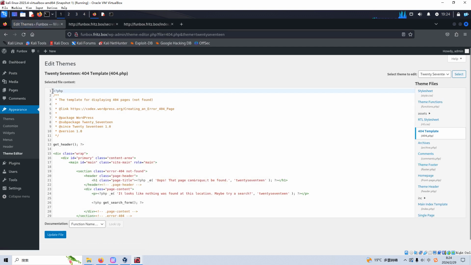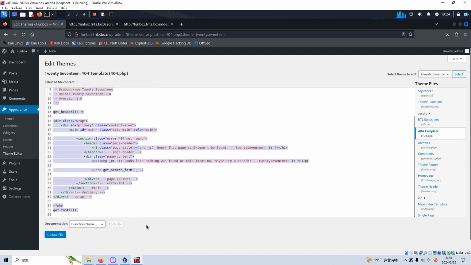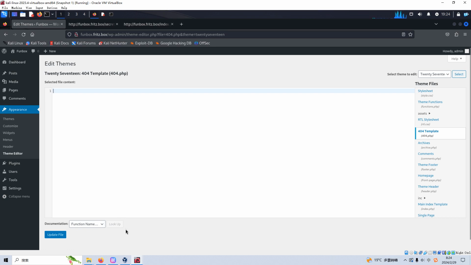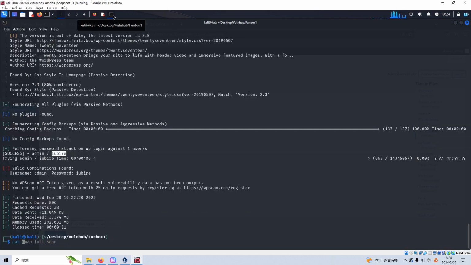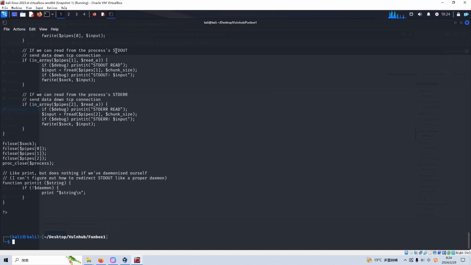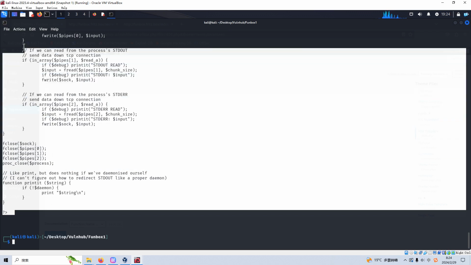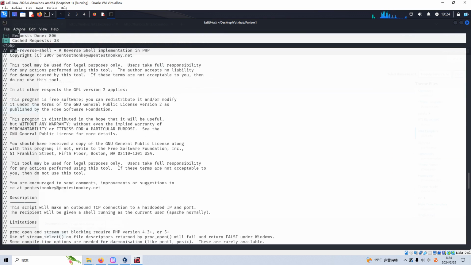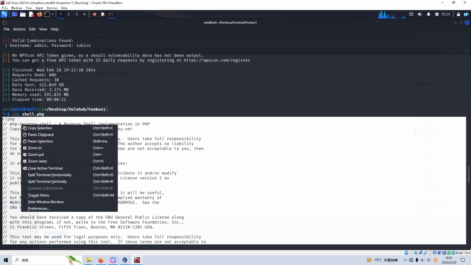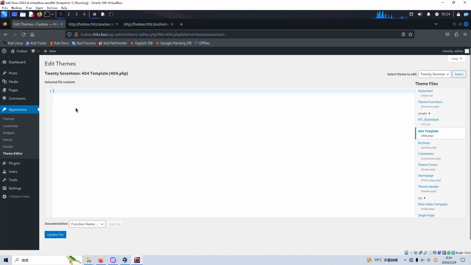We can remove the code and replace it with the PHP reverse shell. I've already got this file ready, which you can get from the Pentest Monkey website. For now, we can copy the entire code of this file